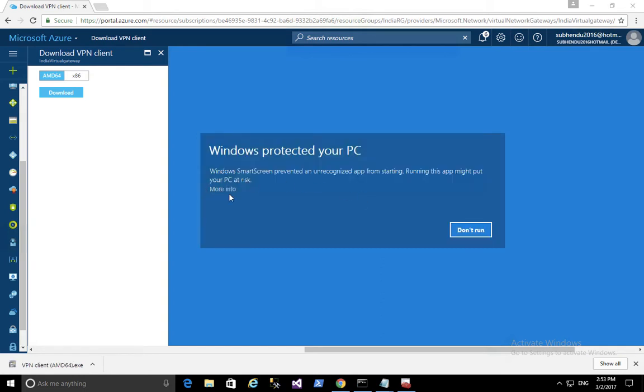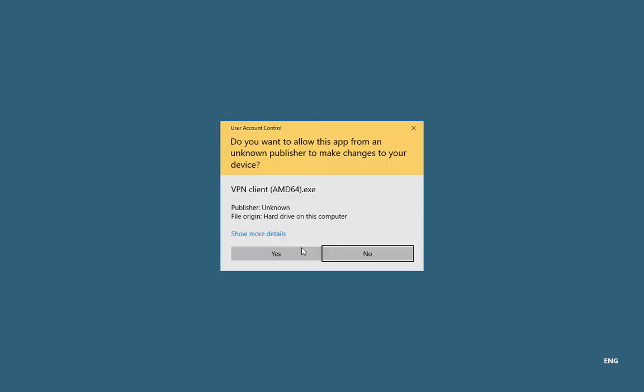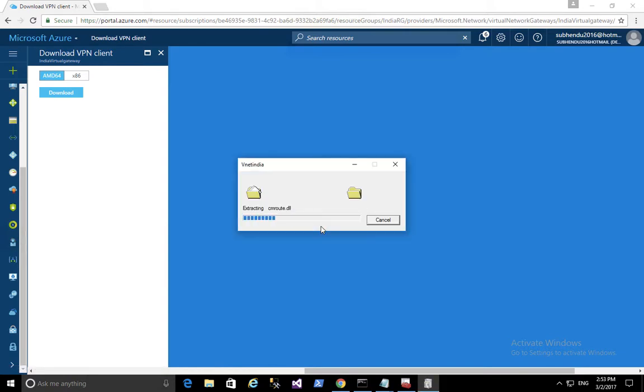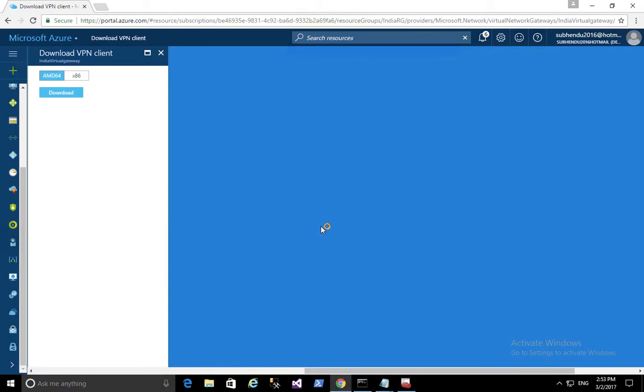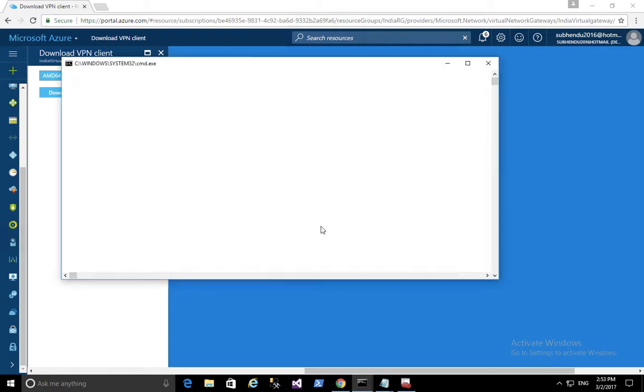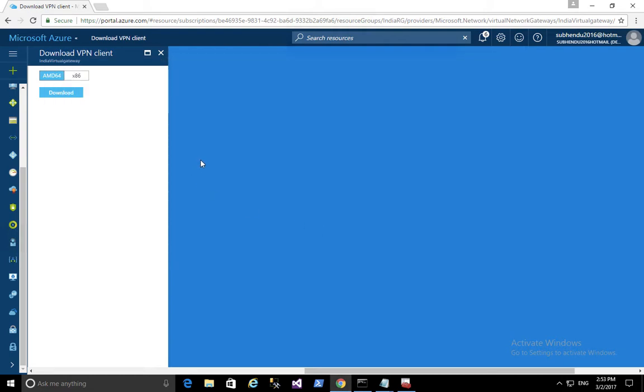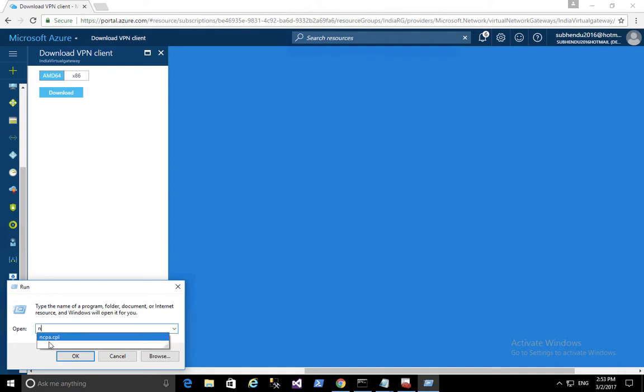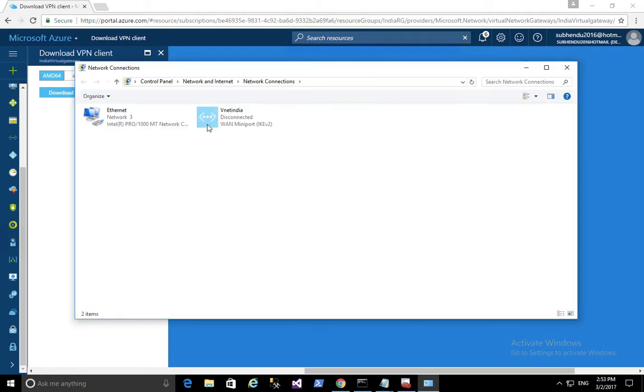This is how we can install it. Once you are done with the installation, you have to open Run and open ncpa.cpl, and over here you can see your virtual network.